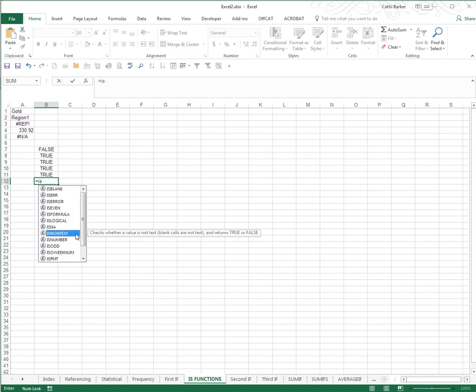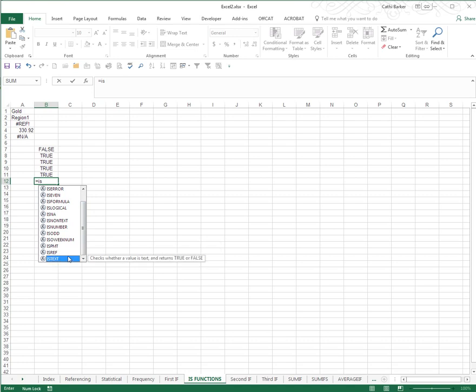It checks whether a value is not text. It checks whether a value is a number, and it checks whether a number is an odd number. And you can also check for week numbers. And you can also check for interest paid. But more importantly, we can check if there is a reference, and we can also check if there is text